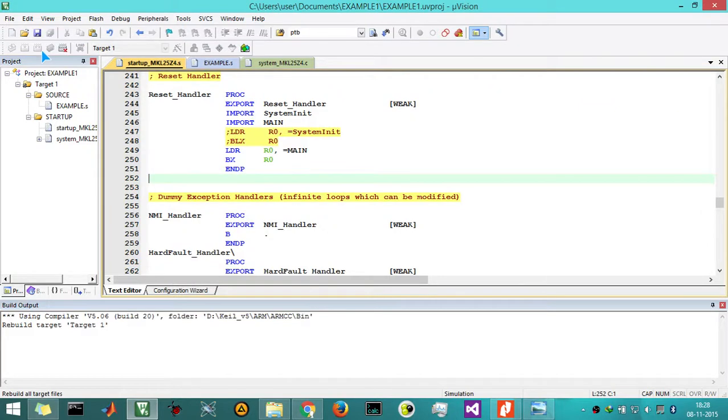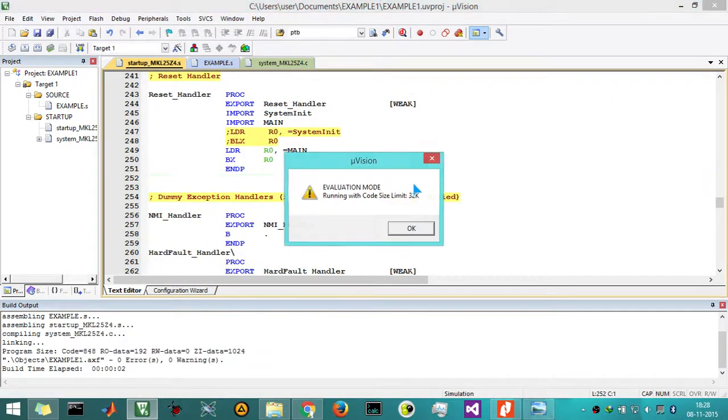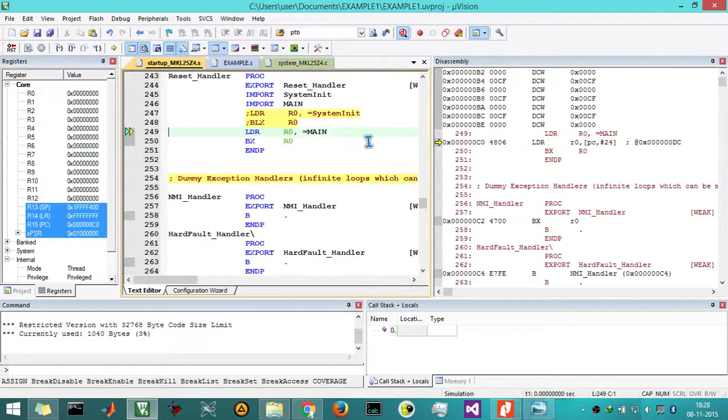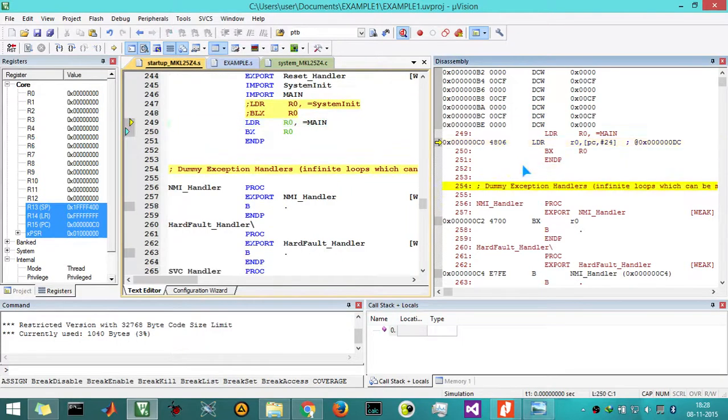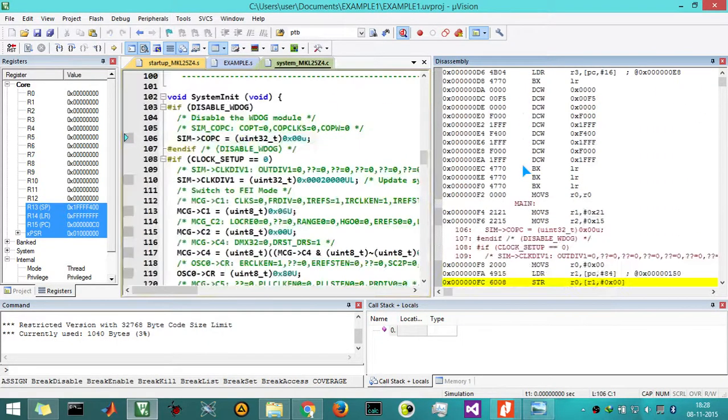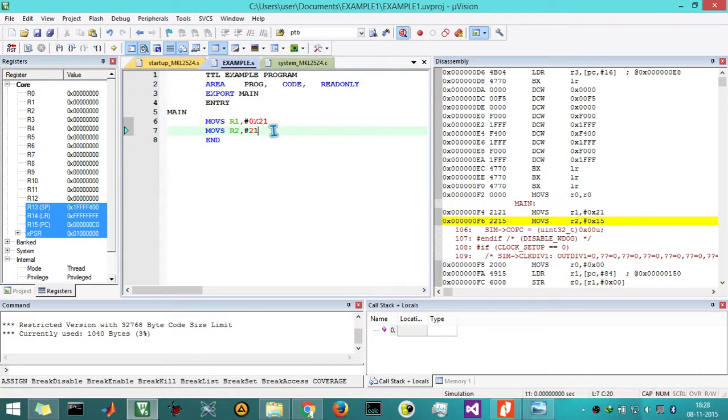Now I am going to rebuild our program. Again we are going to enter into the debug session. In this debug session, we can see that our main execution has started from this point of address line. Now the address line is again PC is equal to C0000, no matter. Now the main address is located at 0x000000F4. If we go to the location F4, we are going to find our program. Here it is our program, first line, second line.